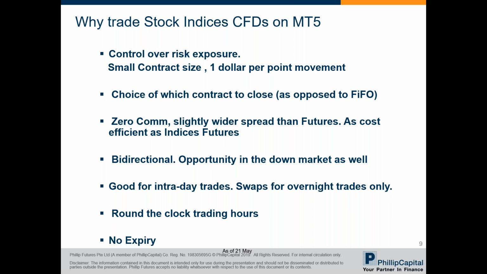Next, this is a zero commission platform. This means there are no commission fees for each trade you do on the MT5. Your P&L will be the difference of your entry and exit price minus the swaps incurred, which I'll cover later. This makes it as cost-effective as futures, cheaper than ETFs. As I mentioned, it is a bidirectional product. While ETFs are not bidirectional, you can only buy the position. CFDs and futures allow you to trade in both directions of the market, depending on your market outlook.